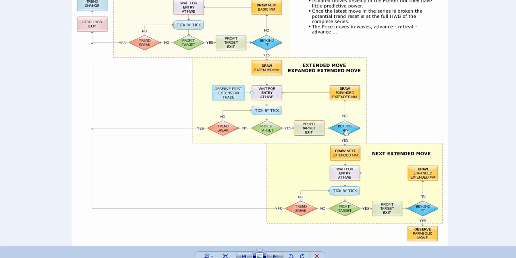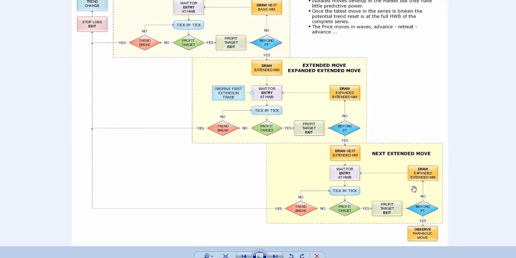In the case of going beyond the profit target, the previous high of the extended measured move, we wait for the entry. We look for the reaction. Again, one of two things happen: either it breaks trend or continues. The profit target is the exit. And as we move along here,